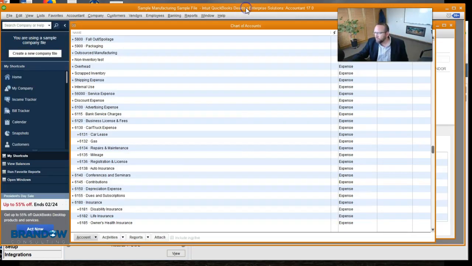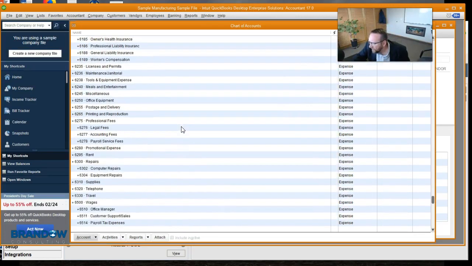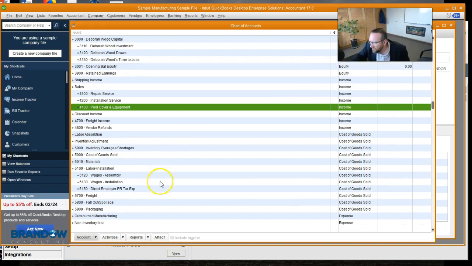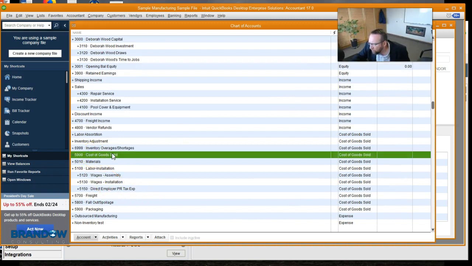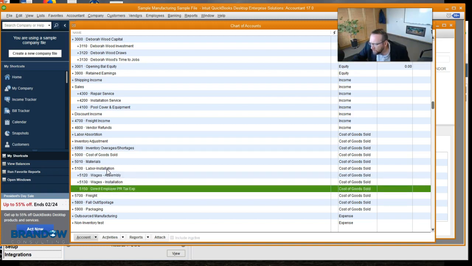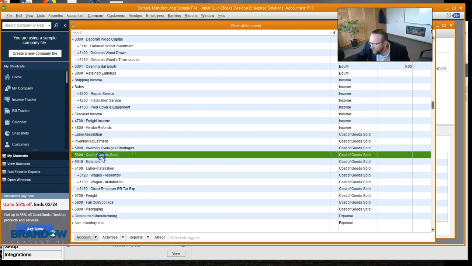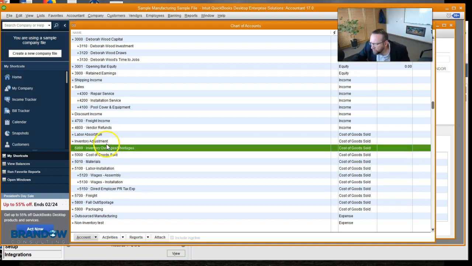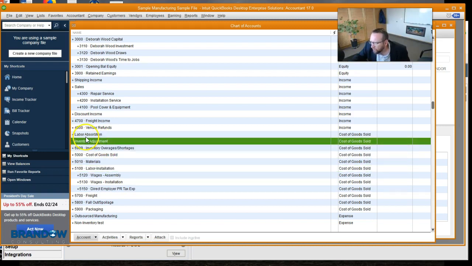Let's go back to that. We say, so here's our cost of goods sold. We have one general cost of goods sold in this particular one. Looks like labor is a cost of goods sold. Individual overages and shortages. So this particular chart of accounts that I have, this particular QuickBooks file, does not have what I mentioned,